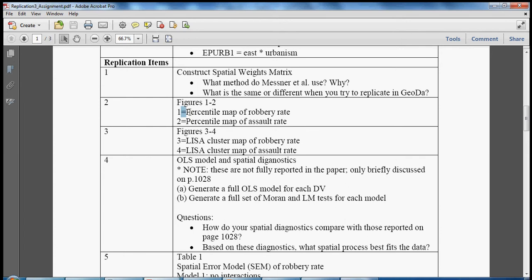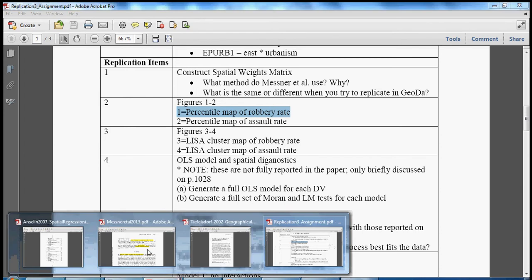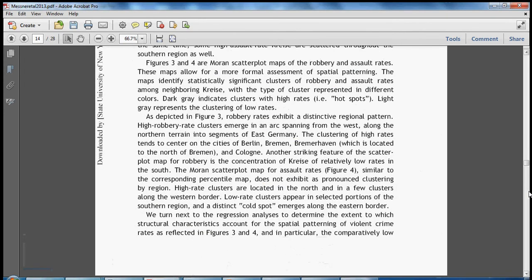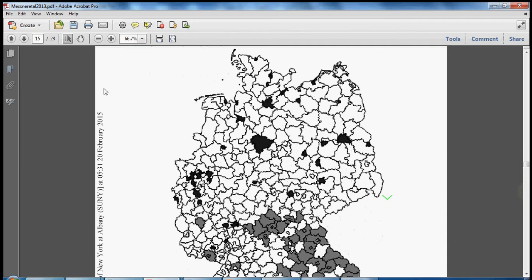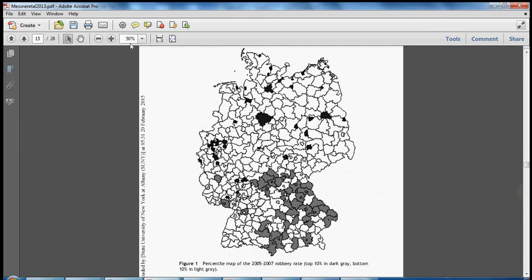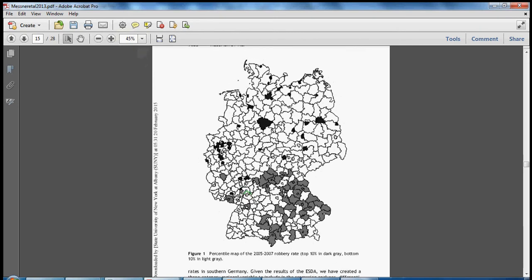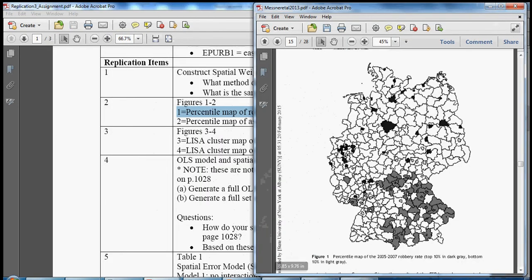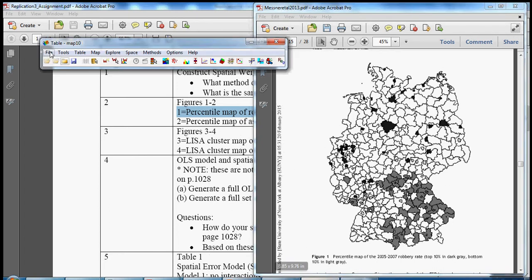Again, I will only do the first percentile map in figure 1, since the tools are essentially the same for figure 2. So what we're trying to do is replicate this figure here in the original published article. This is figure 1, the percentile map. If we set it off to the side and then bring GeoDa back up,